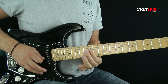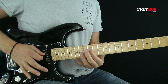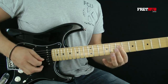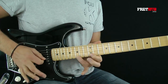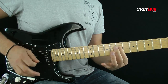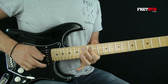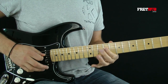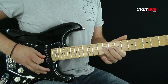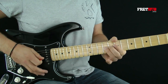Do a pull off on that one. And then again sliding down this string. Slower. And the very final phrase, that same bend as we did before, all the way up, and then